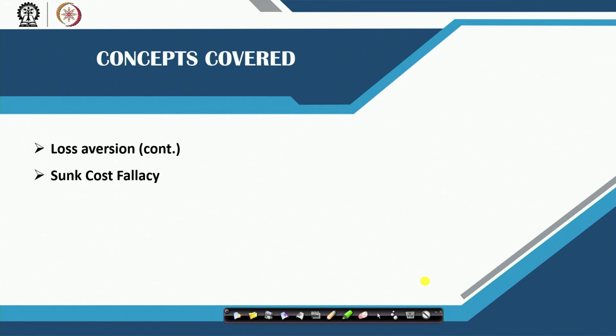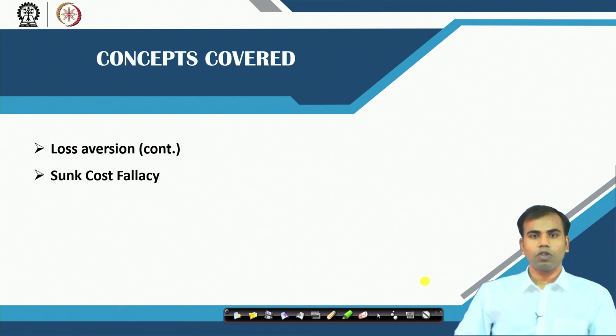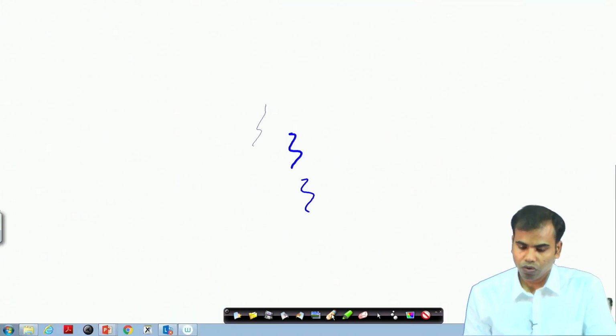The topics that we are going to discuss today include loss aversion and sunk cost fallacy in general. We will also try to touch upon the endowment effect and some other examples of behavioral biases. Taking the discussion from the previous session, we know that most of our decision making is driven by cash flow analysis of any investment avenues. To keep it in a very generic framework, if I can show that